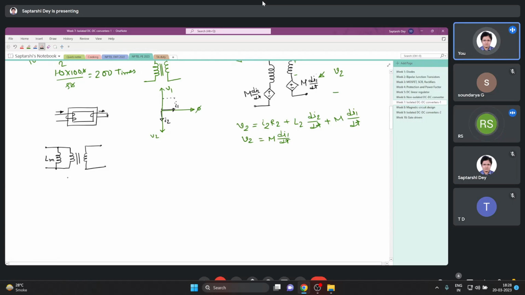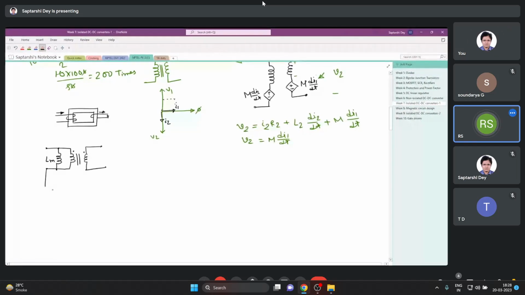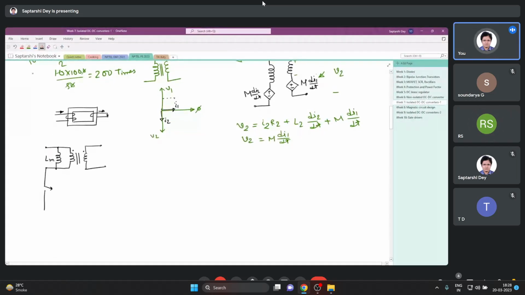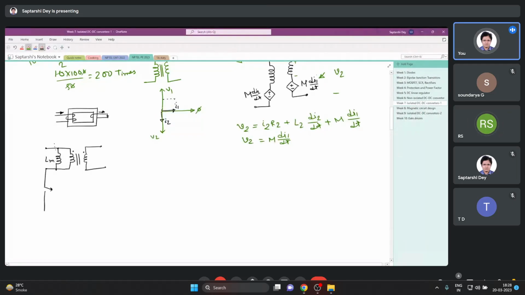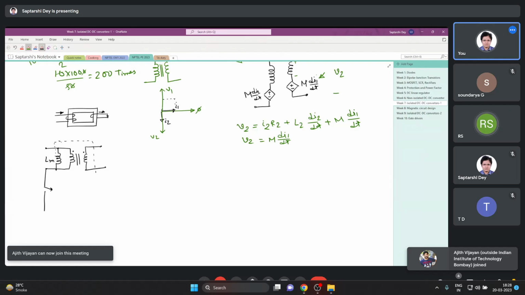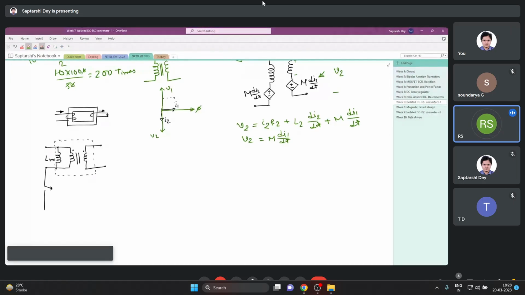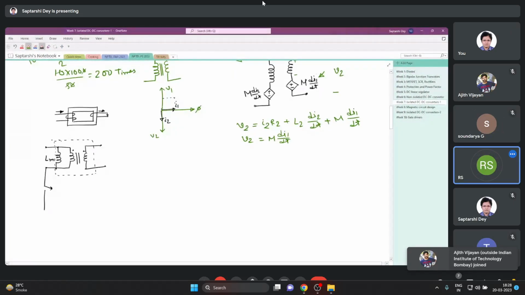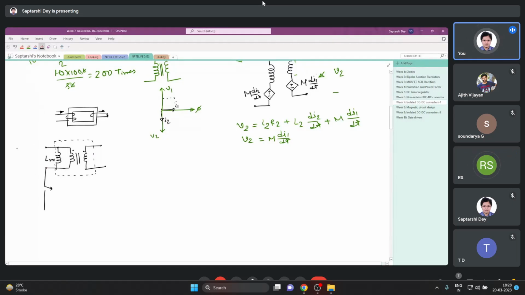Now for a forward converter, if I draw a forward converter here, remember I am not adding any more winding here. This is just the equivalent circuit of the transformer, the magnetizing winding. So if I have the forward converter here like this,